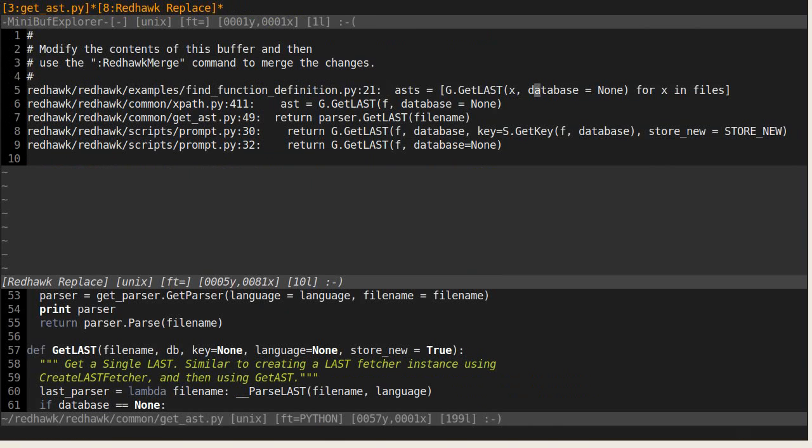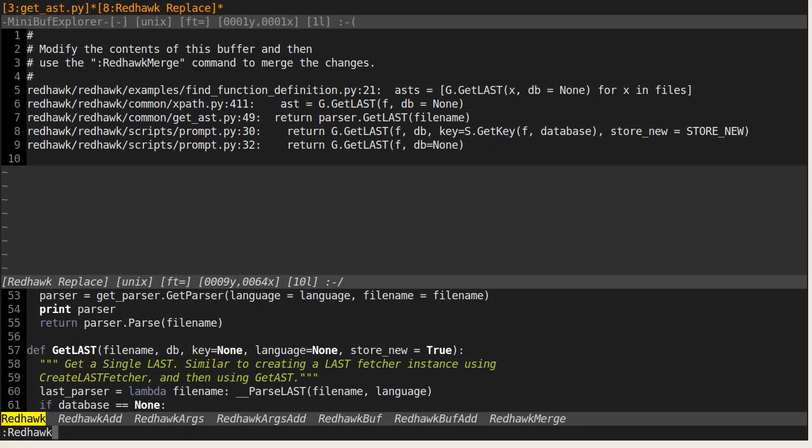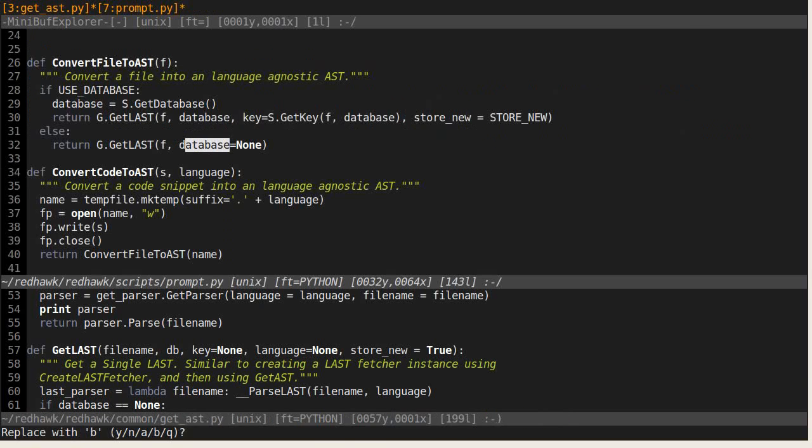This, by the way, is an editable buffer that I wrote for this tool, similar in spirit to the gReplace plugin. So let me just go and change database to DB in each of these lines. I can do it using a regular expression, but it's just 5 lines here. So having changed it in all the 5 lines, I can now do :Redhawk merge, and you can see that